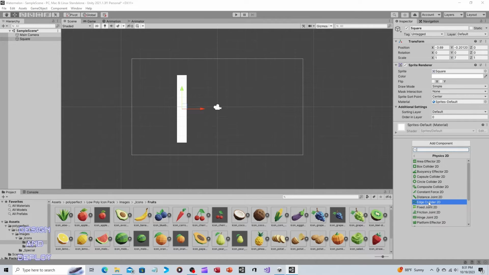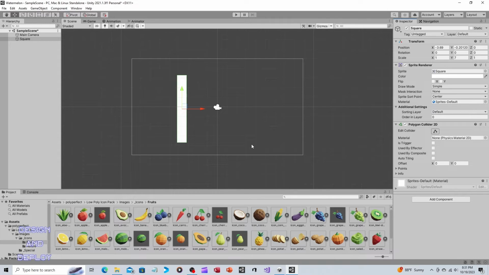This should seem familiar. We're going to do polygon collider. And we're going to now copy and paste this. And we're going to rotate this. And we're going to use this for the bottom part of the